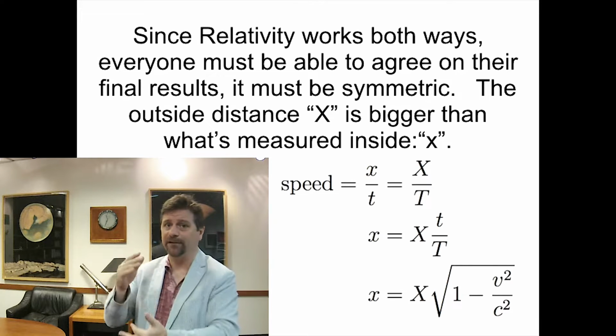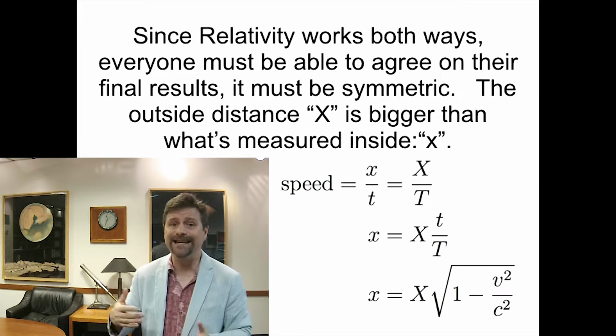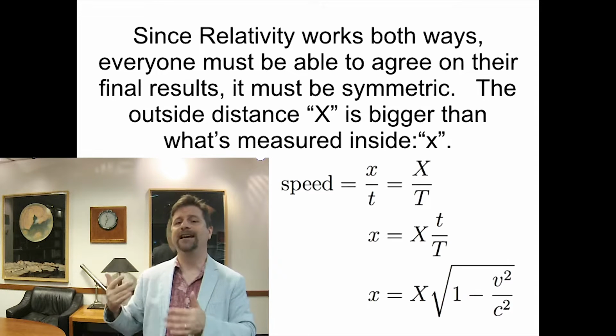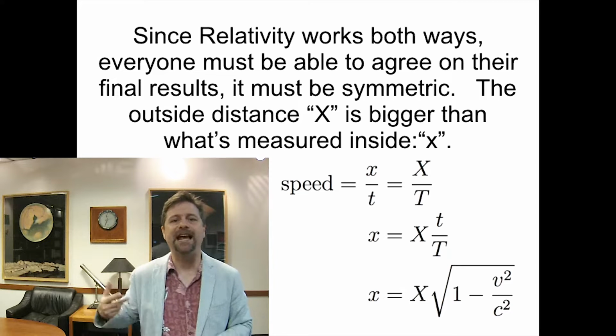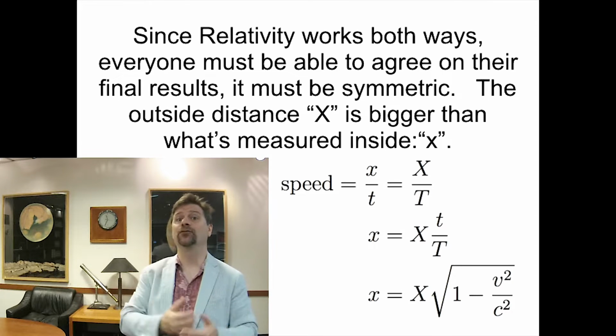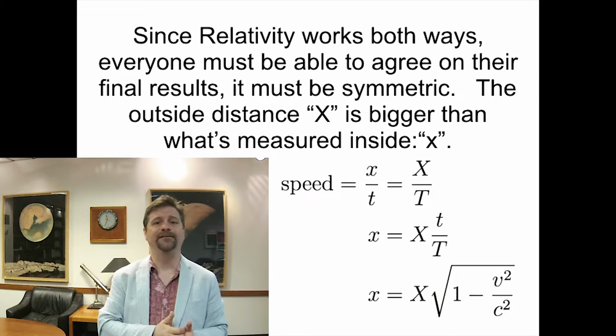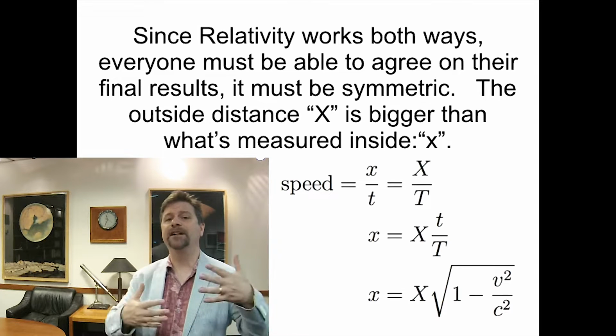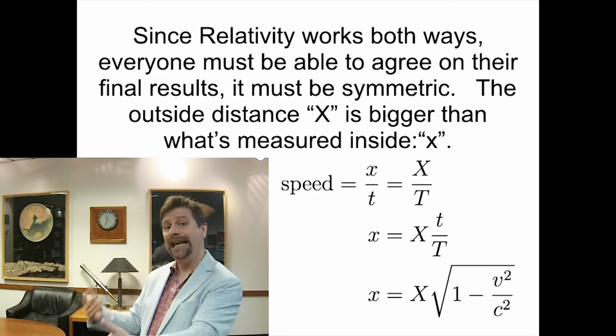So therefore, for the other observer, we must see that the length of the clock, the distance, must be shortened by the exact same rate that the time is lengthened. So this is a really interesting set of parameters. So for everybody, it has to be mutually exclusive. You can't gain time by going from one place to another. You can't lose time by going from one place to another. The relative speeds are constant.